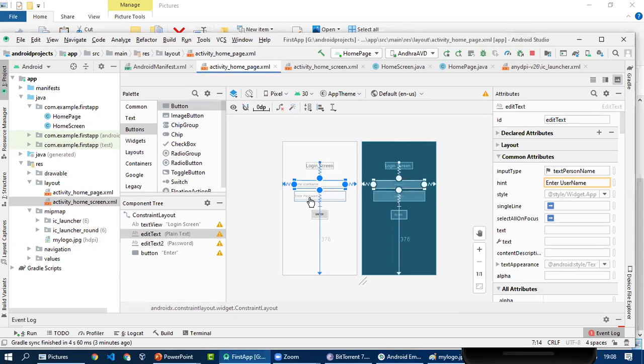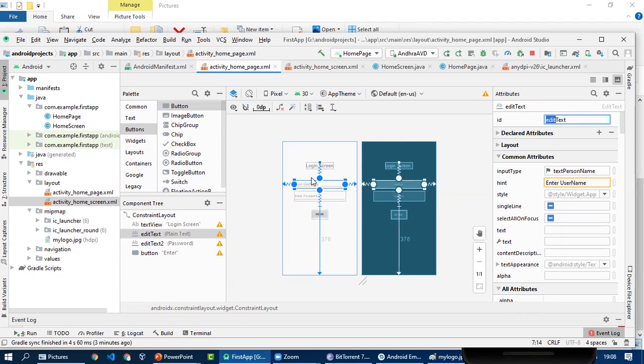Okay, so if we want to apply some functionality over the components or the widgets, for that we need to assign the IDs. So if we want to use this edit text and this password text inside our Java program, we need to assign the ID.